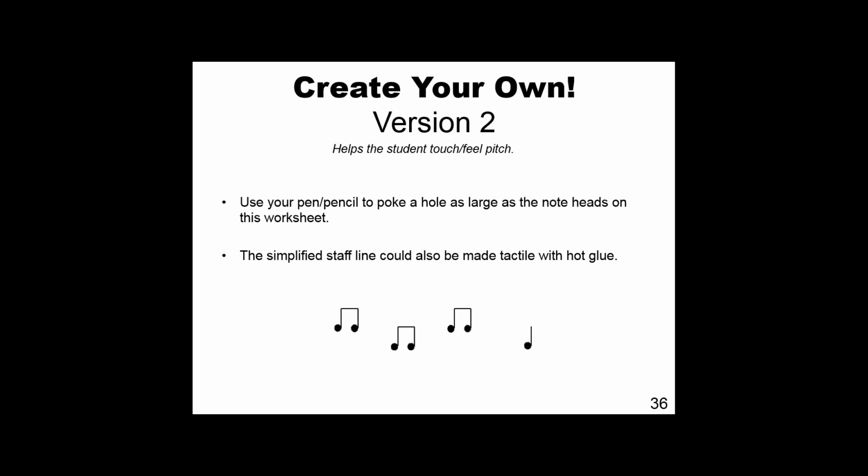Okay. I just successfully poked the note heads, and I'm feeling over the paper, and I'm hoping that you can feel as well the little bumps, and maybe you can feel it more on the other side if you poke from the back. But you can actually feel the pitch and the rhythm of this. Oh, that's a good idea. So here, I'll share with you what I've done. So here is my actual paper, and I just poked through the note head just like this so that you can touch and feel it. Now, if you do it from the back side, I guess you would get a little more of a bump, but do whatever works best for you.